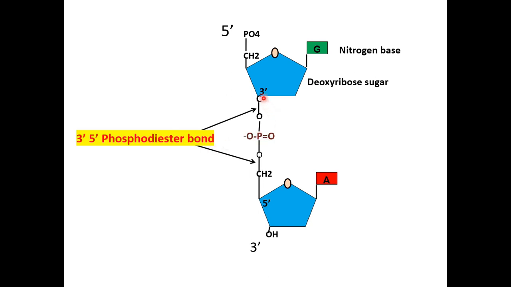Just see, this is the 3' end. This is the third carbon of the deoxyribose, and this is the 5th carbon of the deoxyribose sugar of the second nucleotide, and this is the phosphate. So there is a link between 3' and 5' in the presence of phosphate, and that forms the 3' 5' phosphodiester bond. You can see this phosphate is free, and that is the 5' end, and this is the 3' end. So this third carbon of the deoxyribose, this hydroxyl group is free. So the third nucleotide will come and bind over here.